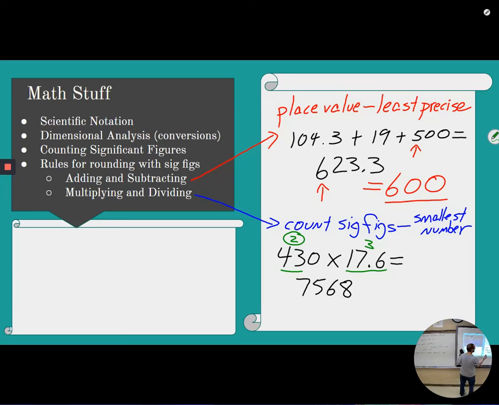So I'm going to look at the first 2 digits I have, 7 and 5. I look ahead to see that the next one is higher than the 5 there. So that means I'm going to need to round. So I'm going to report this as 7,600. It still just has 2 sig figs, which is the same as this up here. A little bit confusing. We're going to get through this, and then we're not going to worry too much about this going forward. Okay? We'll worry about it again when we get to physics. Are there any questions about the math stuff?